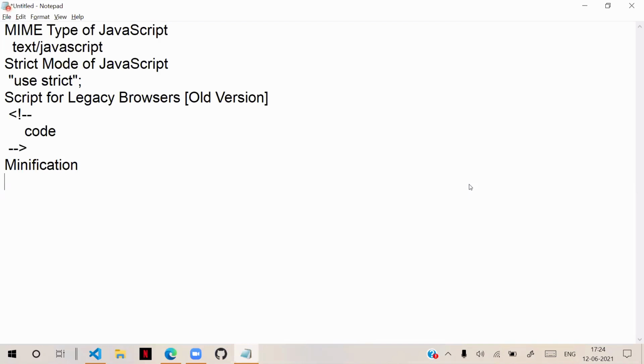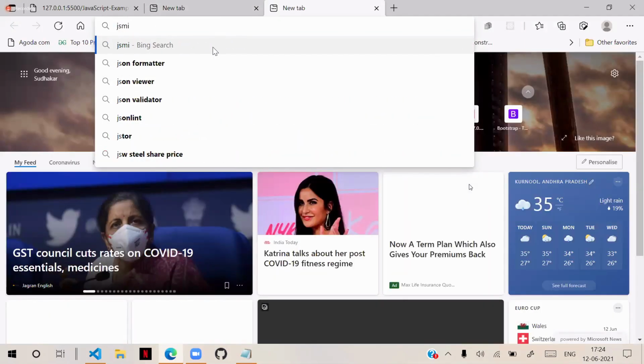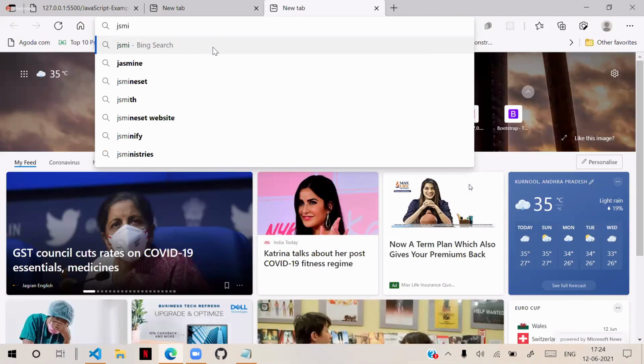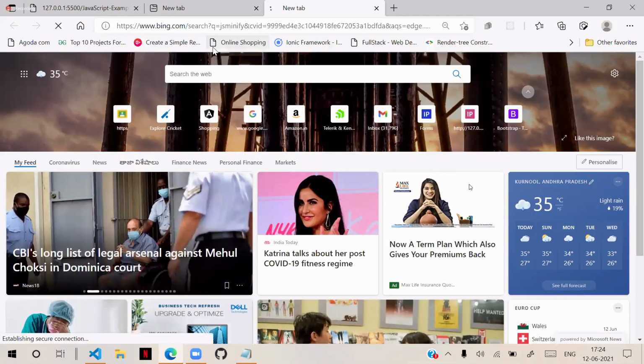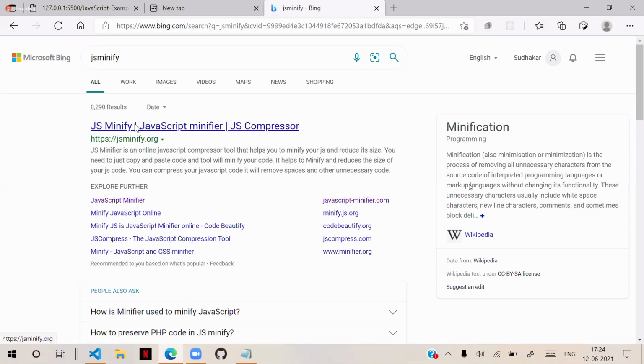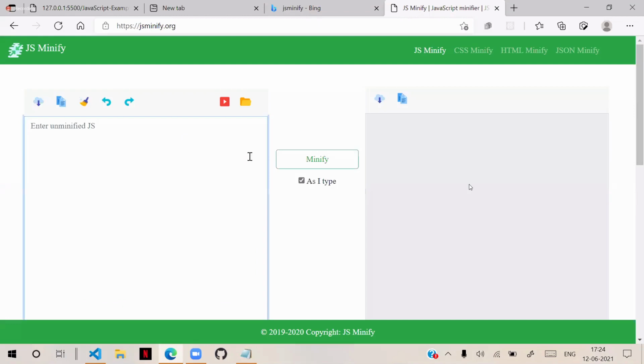We already learned it in CSS. Now how do you minify your JavaScript code? Just like a CSS minifier, you will have a JavaScript minifier. You can open the JavaScript minifier, write your ordinary code, and it will convert that ordinary code into minified code. You can copy that into a minified file and use it. You already know it, right?